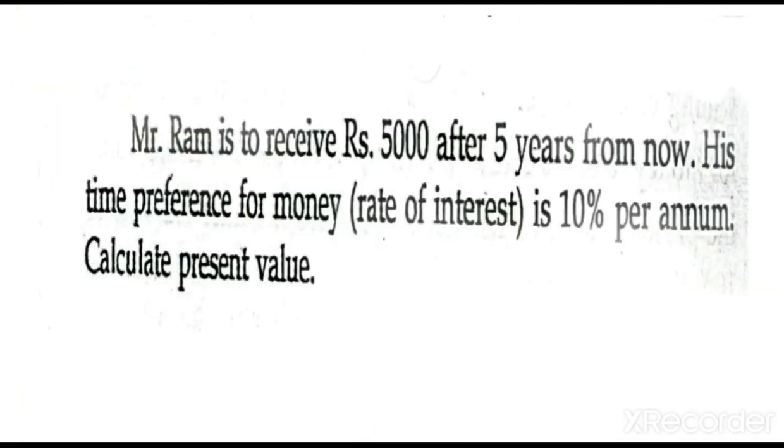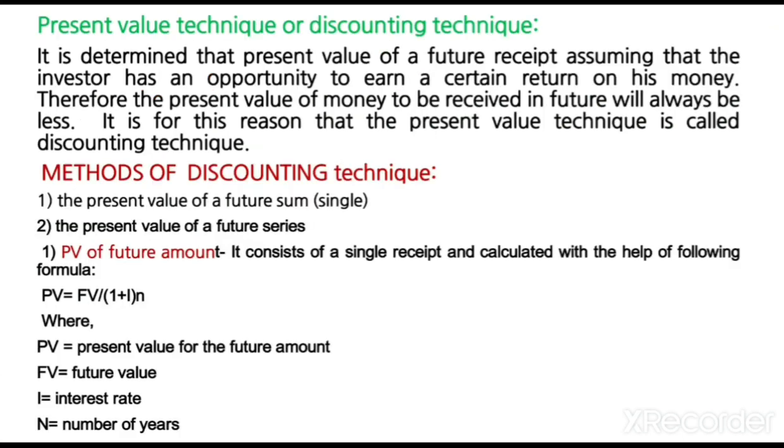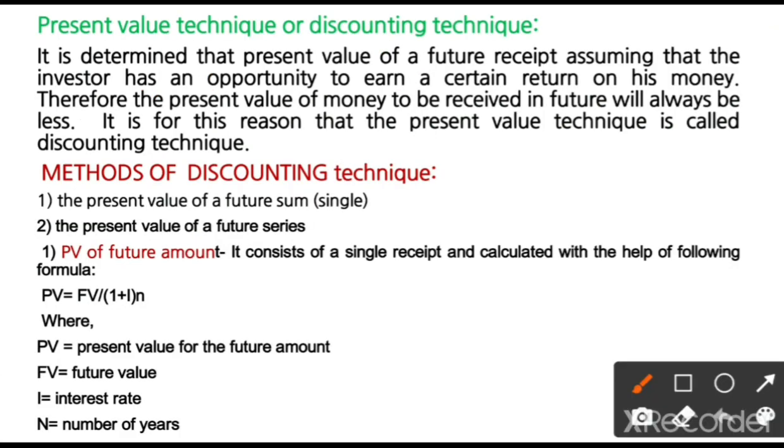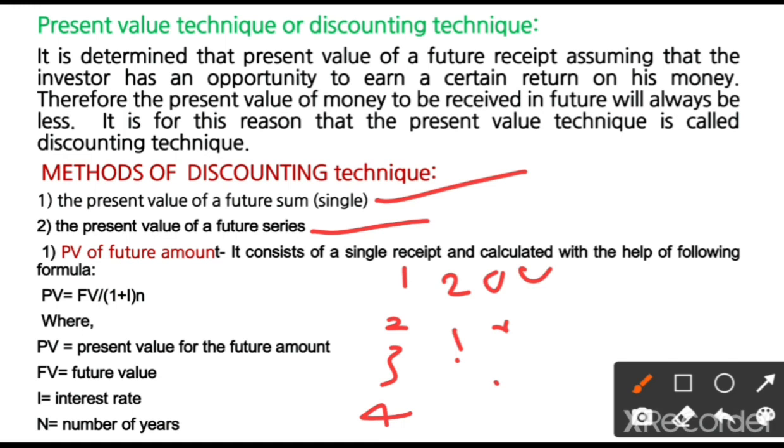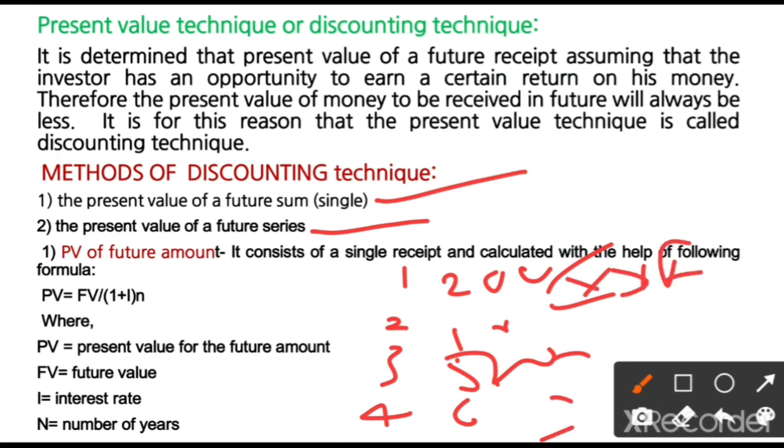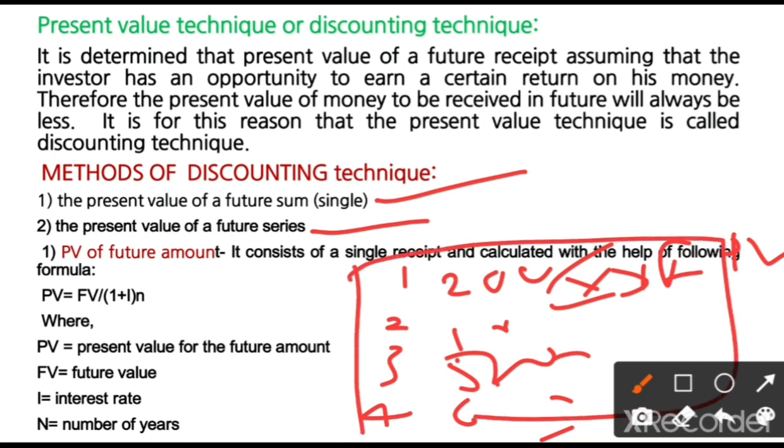In the first single series method, once again I will conclude the concept. Basically there are 3 to 4 methods. In that, the main 2 methods are present value of future sum, the single method, and the other one is series. Series means they give 1 year, 2 year, 3 year, 4 year, and the cash flows are 2,000 rupees, 1,000 rupees, 5,000 rupees, and so on. They give different year information. If they give different year information, then we find a discounting factor, and this into this we will get the present value. This is what a series is. This is also very easy. I will teach it in the next class.